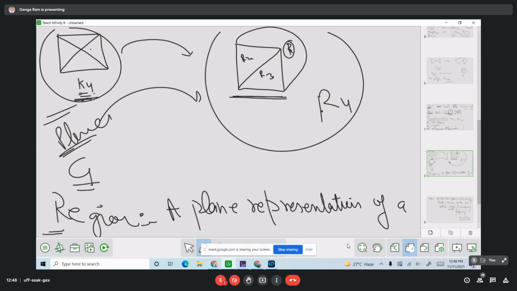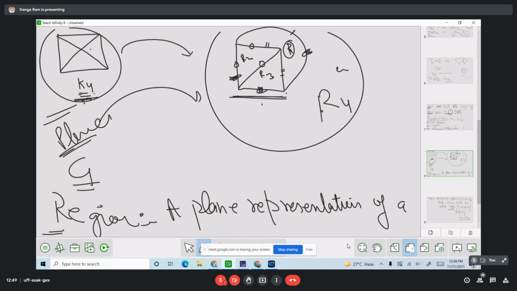It is a planar graph. Yes, sir. It is planar and its plane representation is this, and in this plane representation this is a part which is bounded by these three edges. Clear. This is the region, and this is the part which is bounded by these edges. So it is one region, this is the second region, same here the third region, and the fourth one is the outside region, which is bounded by these edges. Clear.